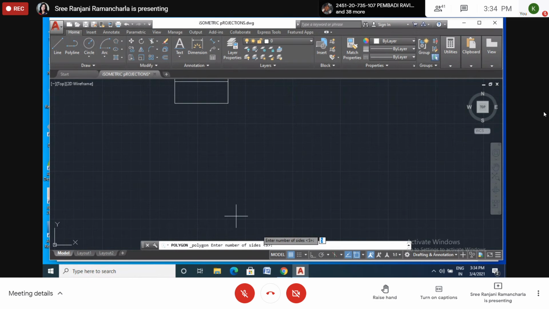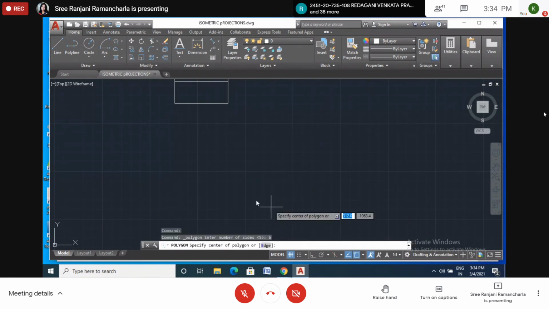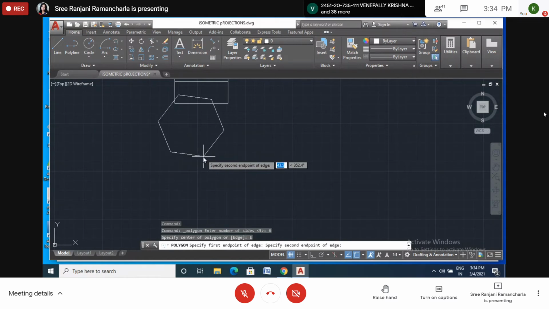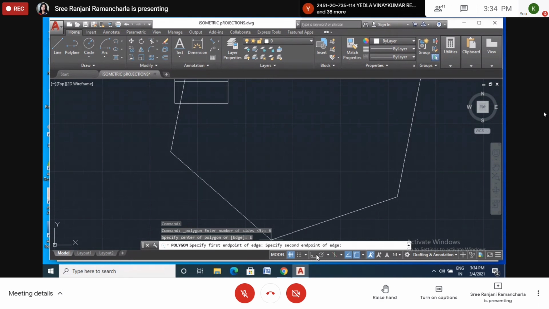Hexagon. So 6, enter. Edge. I want to select like this.